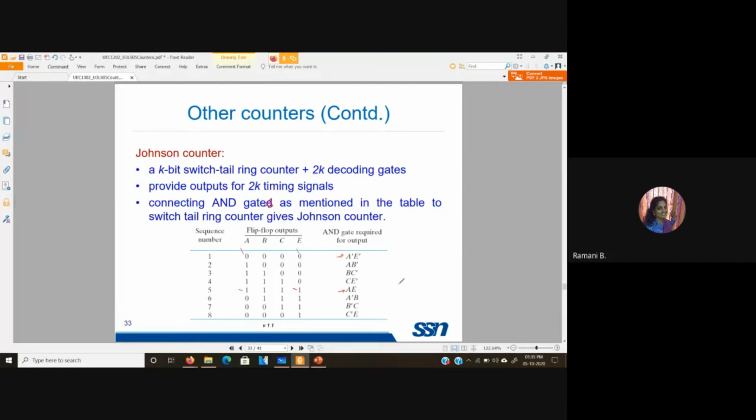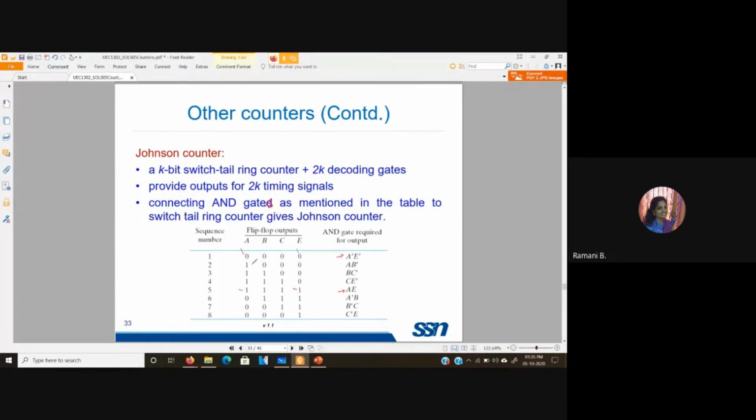If the value is 0, you take A bar, E bar as the input to the AND gate. And for 1111, you will have it as AE.